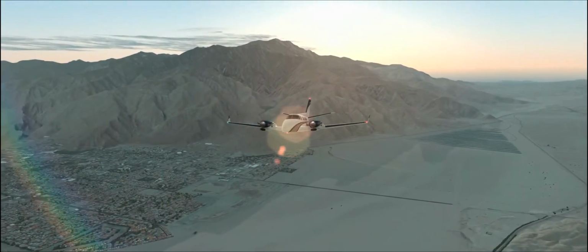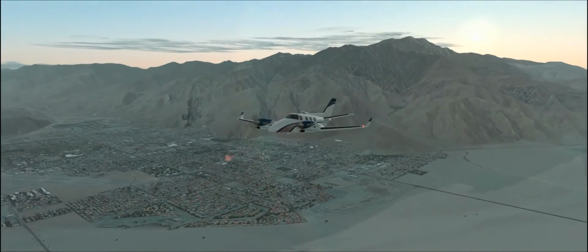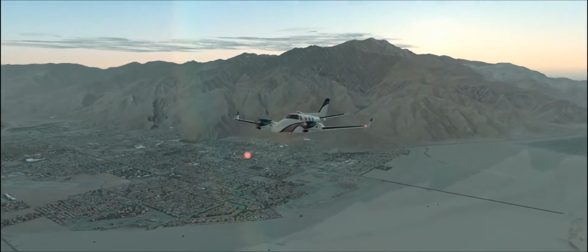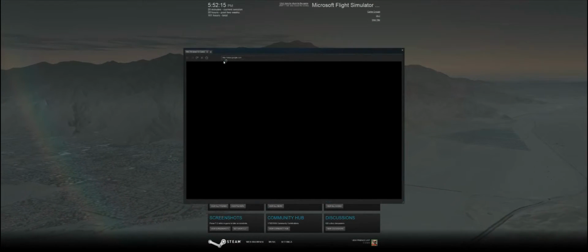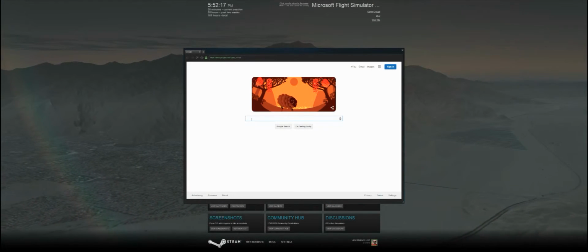Just look at that. I honestly don't think it can get any better. Beautiful. Anyway, so let's go ahead and jump on in, and we'll look at some of the other updates that are out there. The first one is